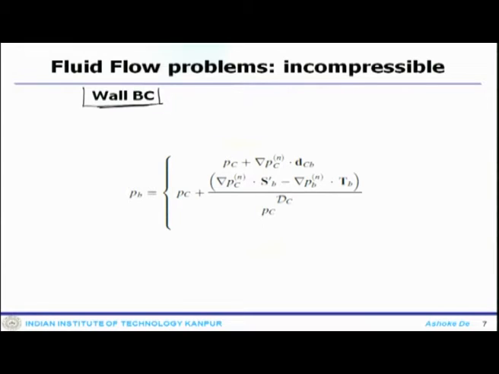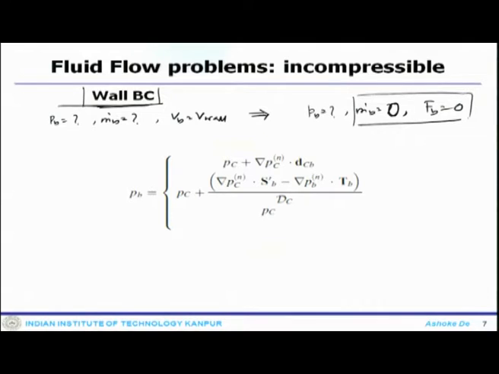For velocity it is much easier, because the no slip boundary condition can be applied. But when you come down to pressure, this is a little tricky, because the pressure correction equation requires Pb, and we do not know Pb, we do not know the mass flow rate, we only know V at the wall. Still not known, m dot b equals 0 and force also 0. Why is this happening? Because the no slip boundary condition provides the velocity component to be 0, and from there we get this.